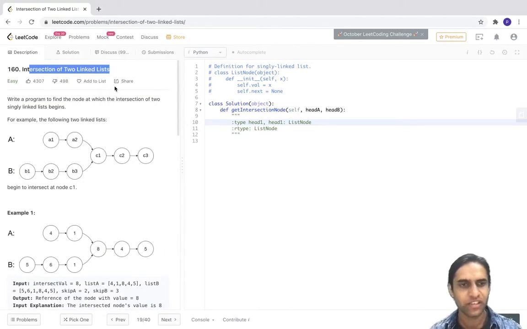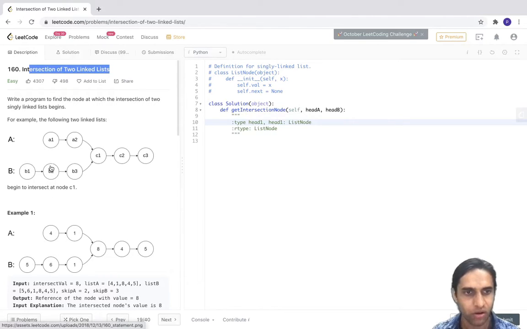But here we are going to compute the length. If we solve this problem this way, in the first iteration we find the lengths and then take the jumps. So what's another idea? Another idea is, if somehow one pointer can point here and another pointer can point here, all we need to do is take one step ahead.